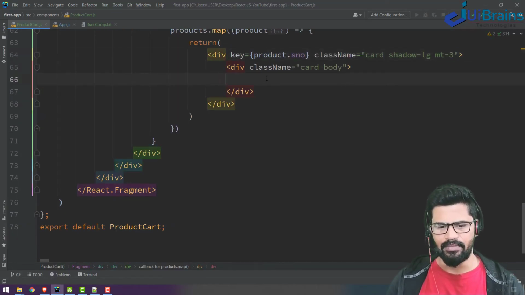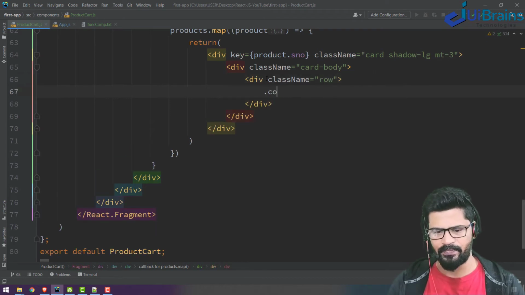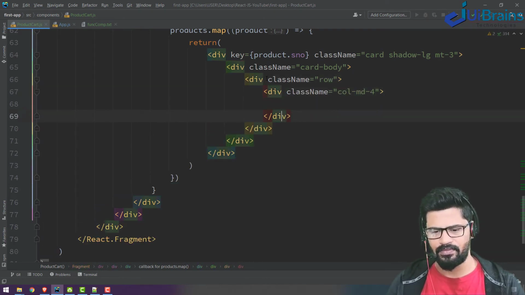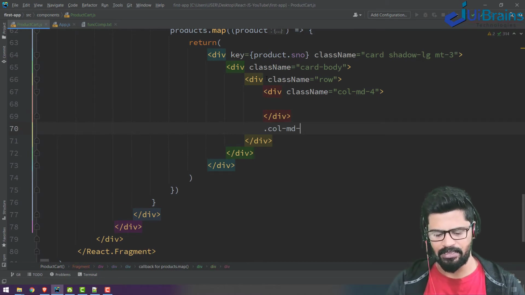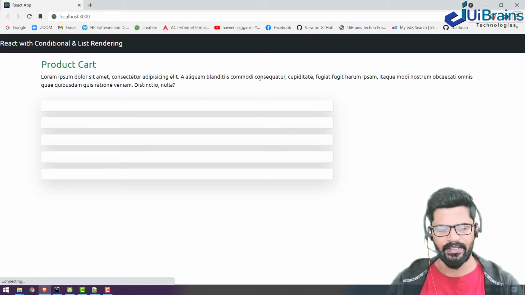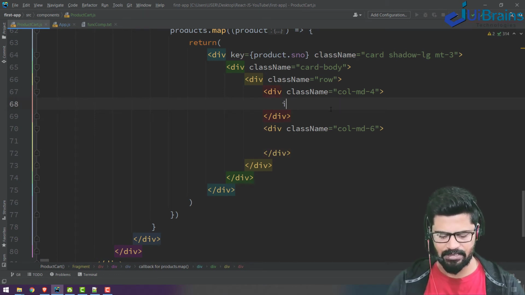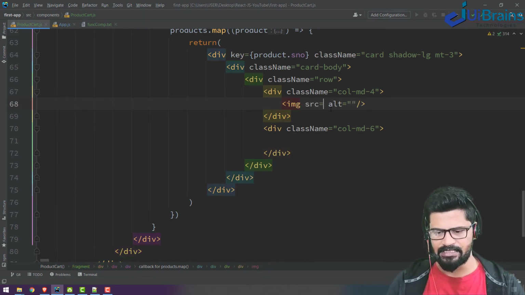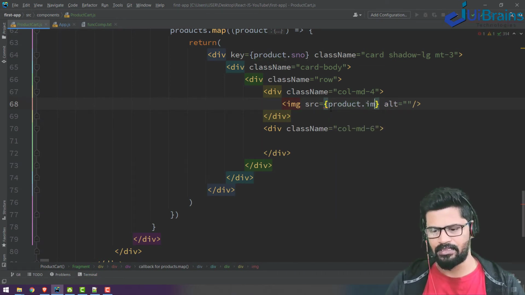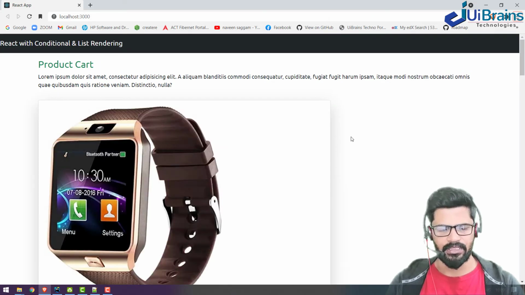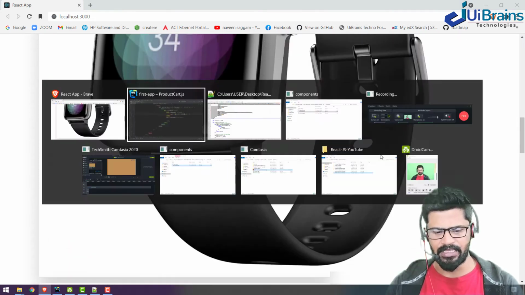So in the card body, I'll just take another row, col-md-4 and col-md-6. Okay, in col-md-4, I'll display the image, img tag src product.image. You get a very big image.